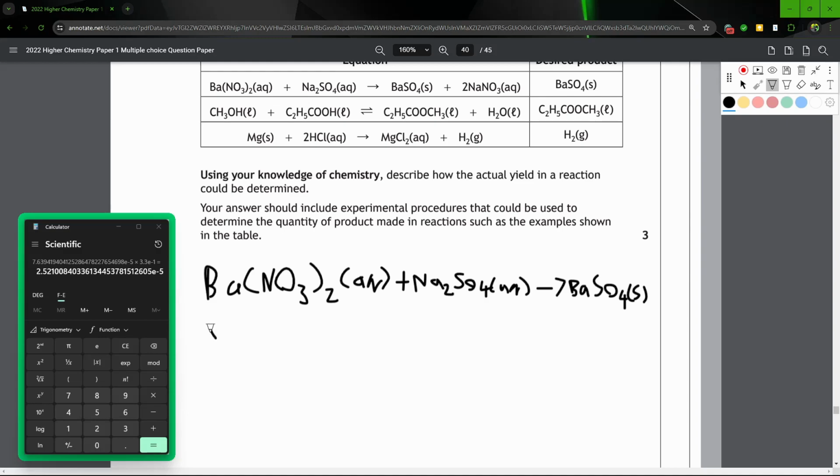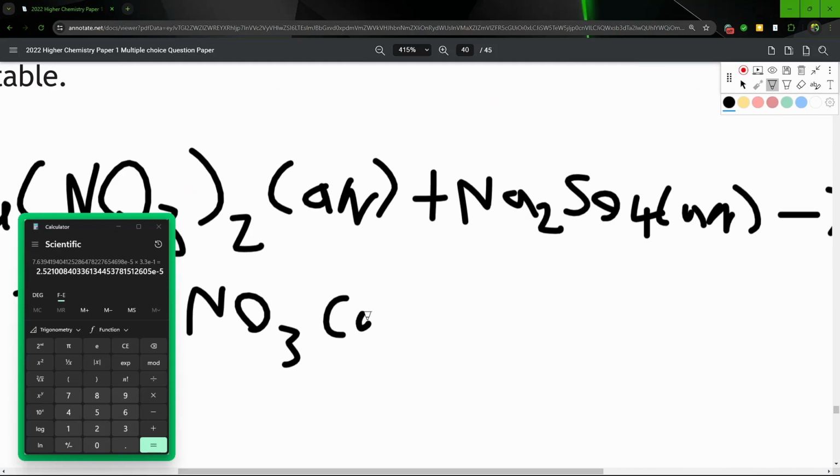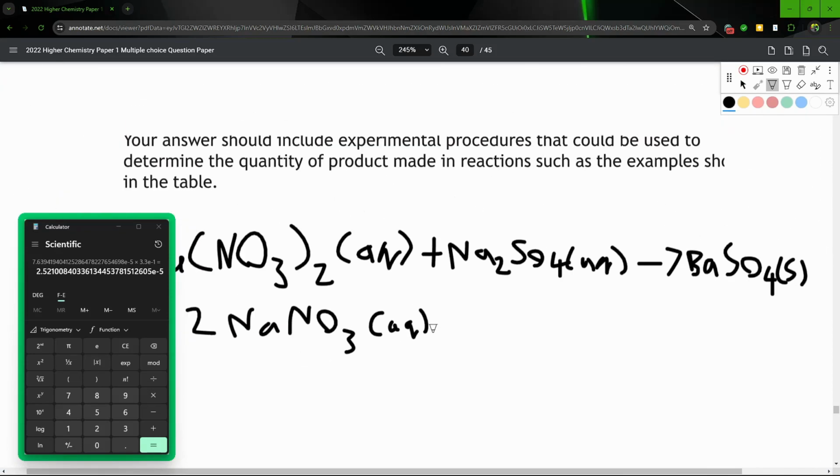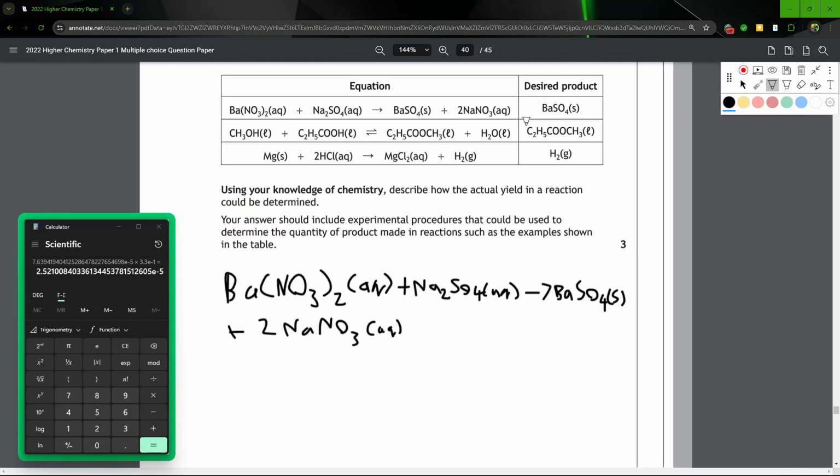We're going to have to go onto the other line, finish this off. I always seem to write my A's as Q's for some reason. And there we go. So our desired product here is this solid